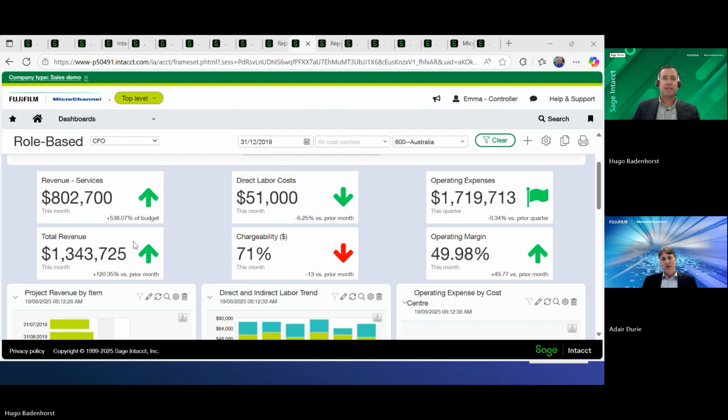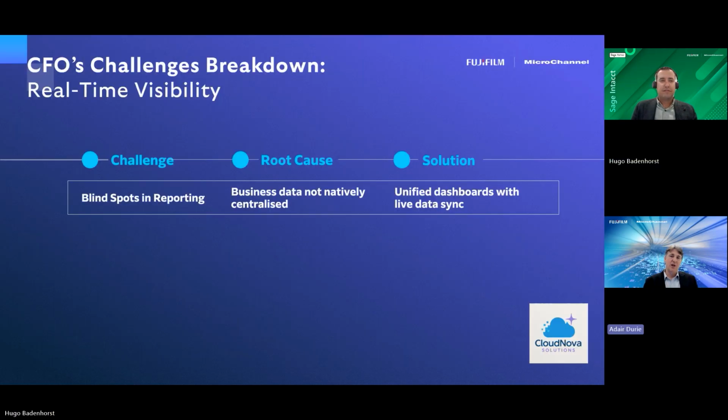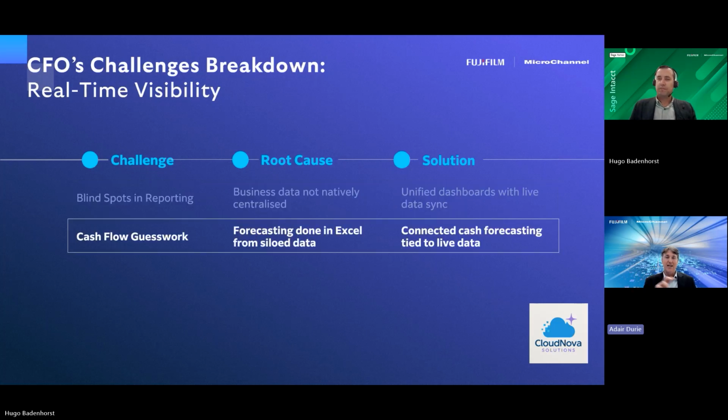Yeah. Thanks, Hugo. And I'm hoping when people look at this, obviously we don't have your business data inside this demonstration system, but even in that quick view of Intact, you can see all the different ways that data can be provided to a CFO, to a finance team, and obviously wider than the finance team as well. But making sure that that's being presented takes away those blind spots. What you need to see, having access to the data and being provided in the right formats for the purpose of that insights is very important, and Intact does that very well.